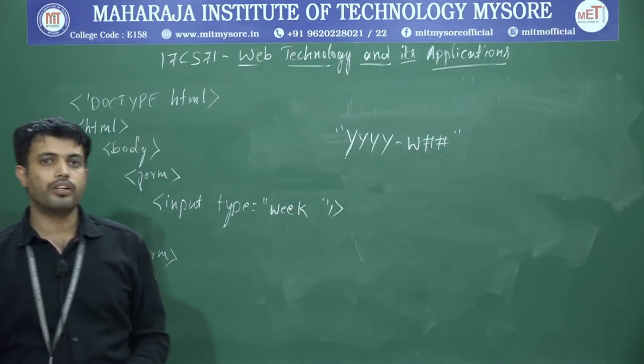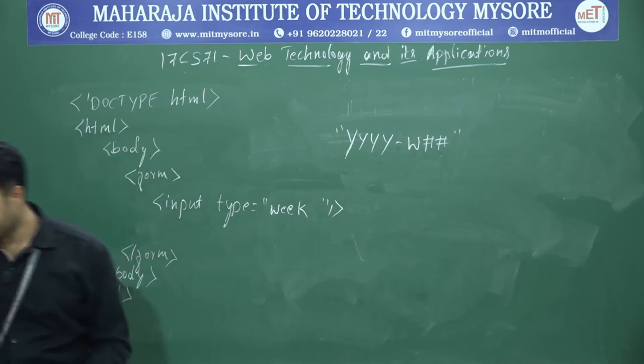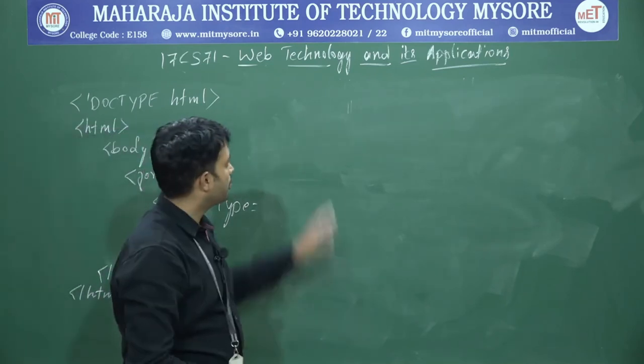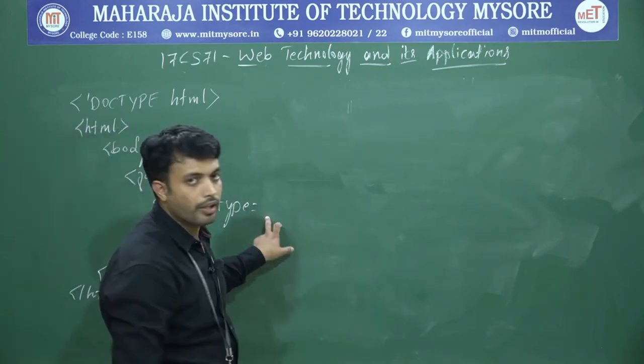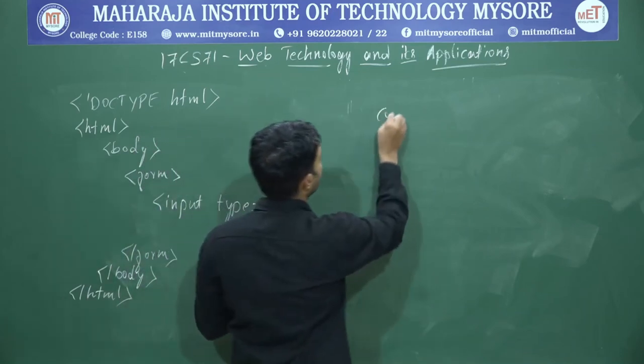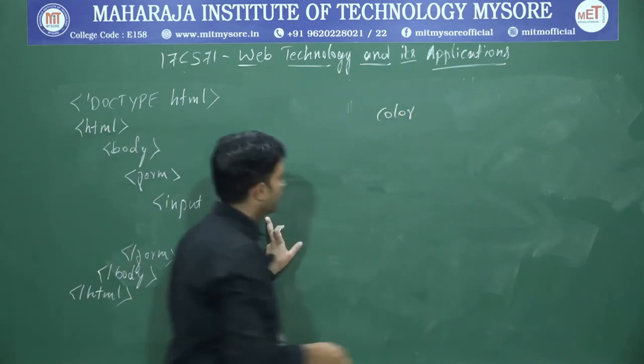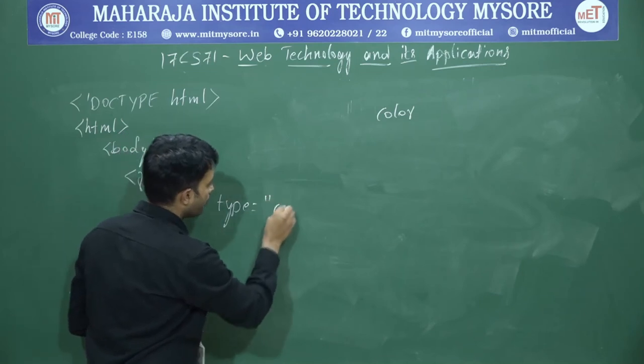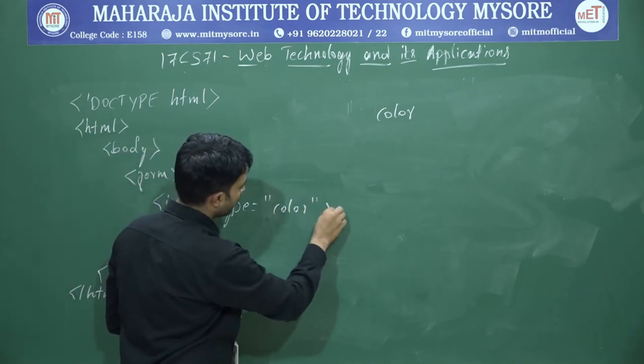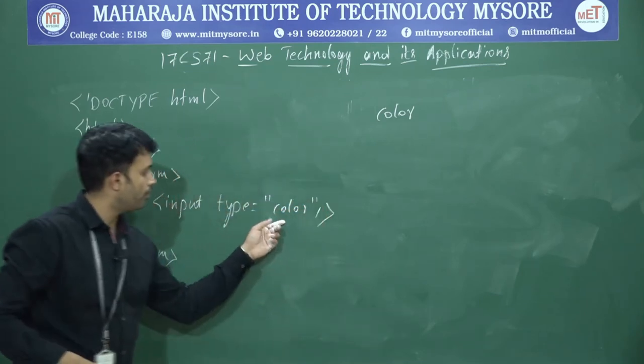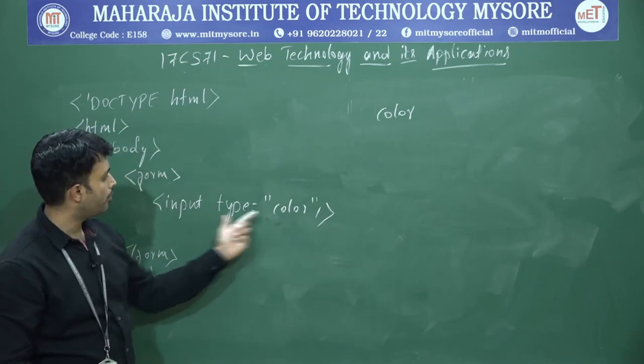Fine. So let's move on to what next control. The next form control element is color. So type equal to color. Now I will modify the same program. Here I am going to change only type equal to